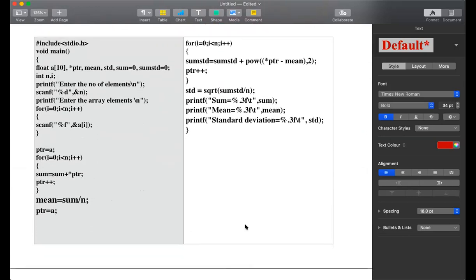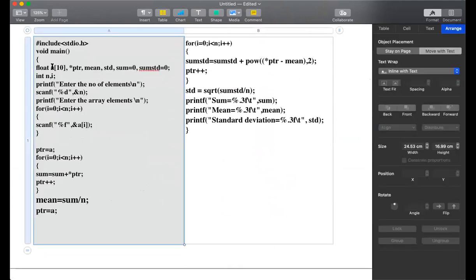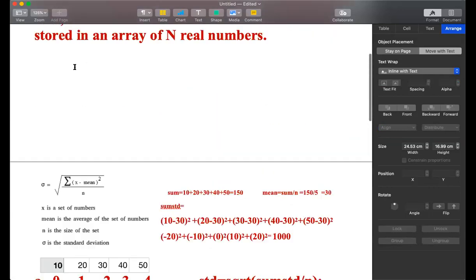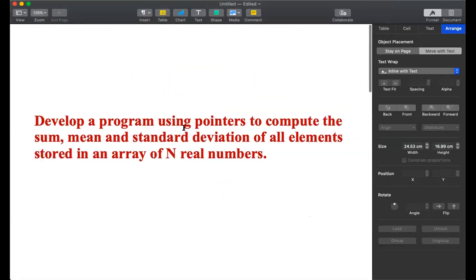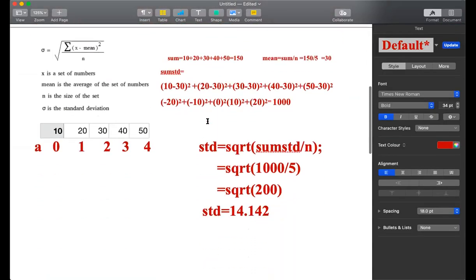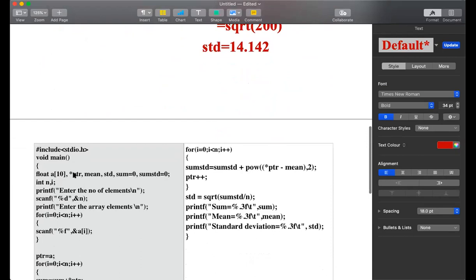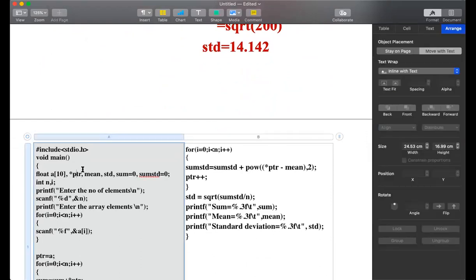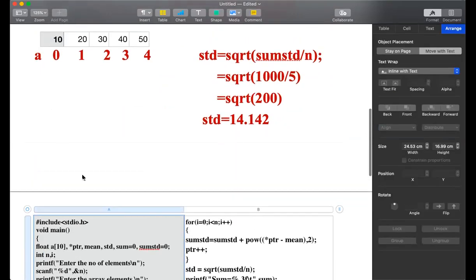First, as you all know, we require some variables to do this. So first we have taken an array. As you know, the array name was A in the program. We have taken an array of size 10, that means it can store at most 10 elements. And as I said, all the operations we are going to perform will be done using the concepts of pointers. So first the pointer has been declared, and since the pointer is going to point to the array elements,